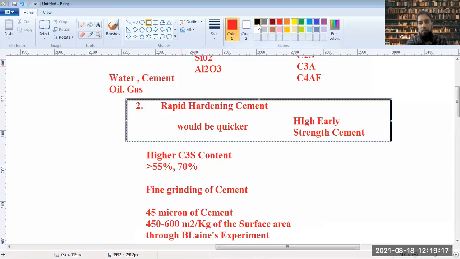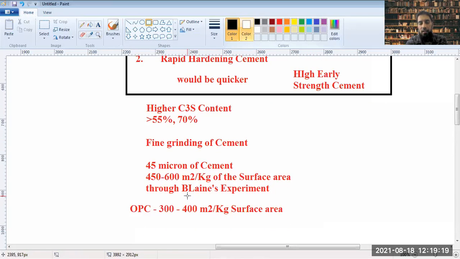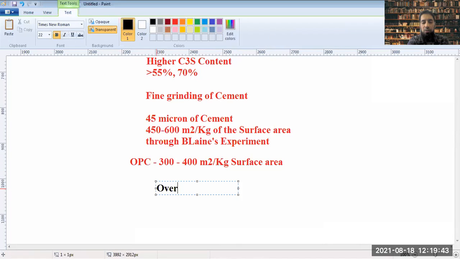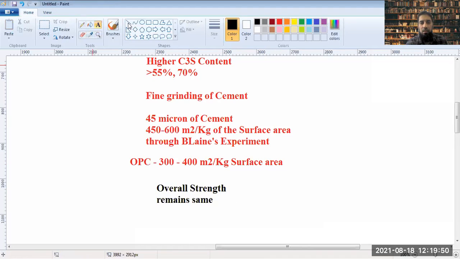so in case of rapid hardening cement, you would have a greater surface area, finer cement, and that would mean a lot of cement is available for hydration, and so the hydration would be happening quickly. Overall strength is not affected. Overall strength remains the same. So, for example, if you had the